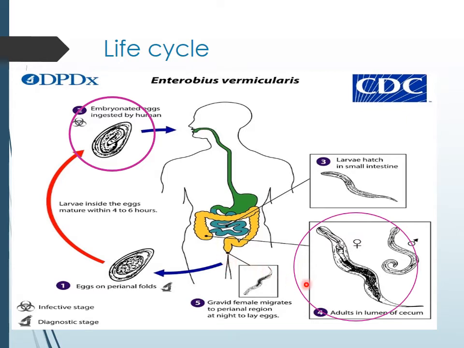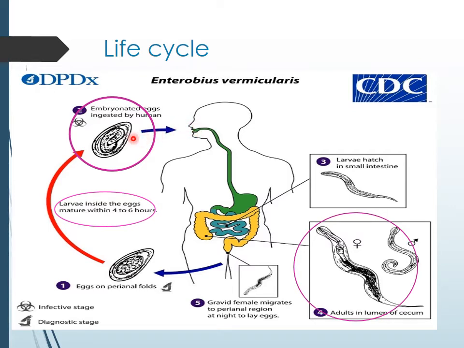Now, due to movement of this adult gravid female, there would be itching, and the patient during sleeping tends to itch this perianal region. During that time, the eggs would come into the nail bed and the hand of the person, and with the help of that contaminated hand, the eggs again reach the human being. This is known as auto-infection.